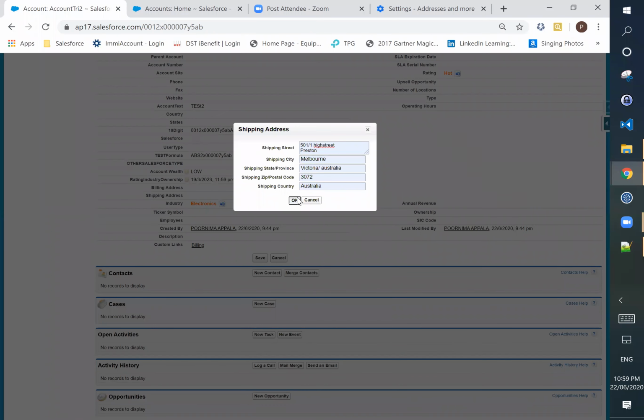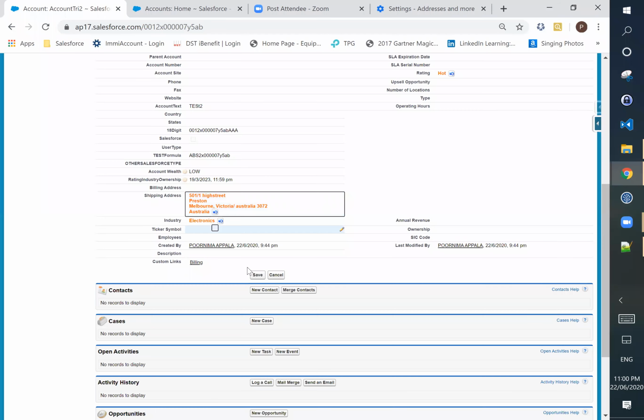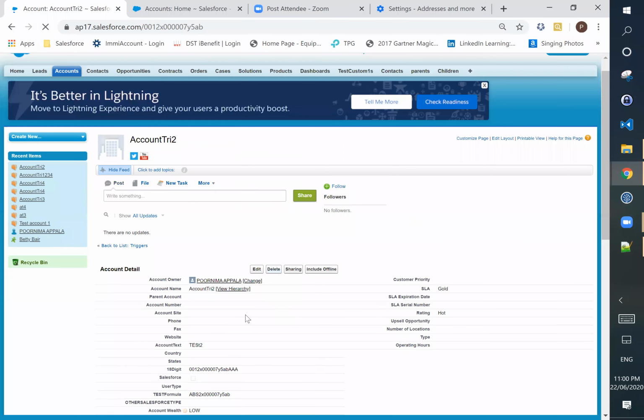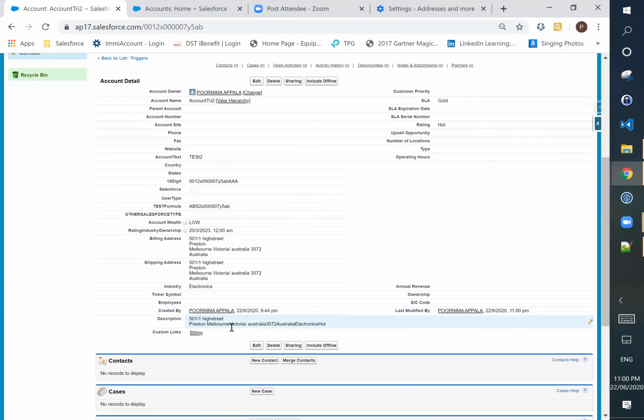It's cool, this way. Okay. This one is done. It should give space. Space is there, yeah.